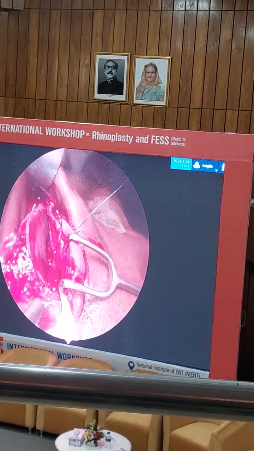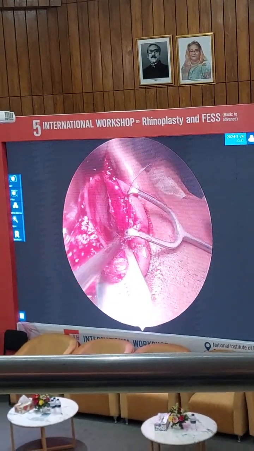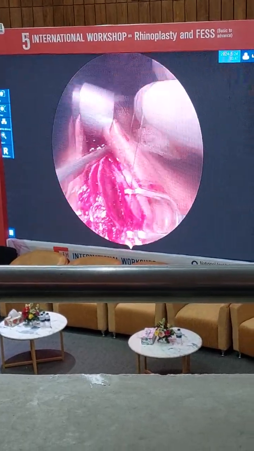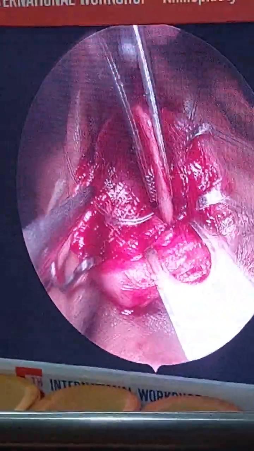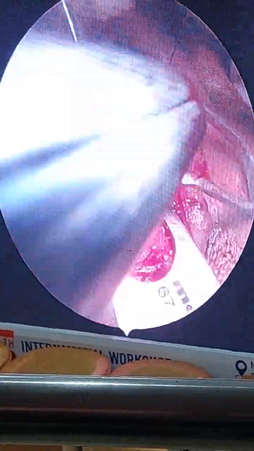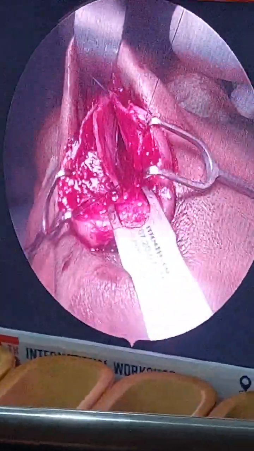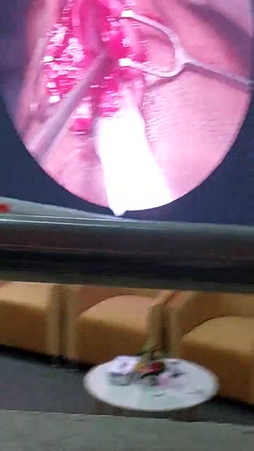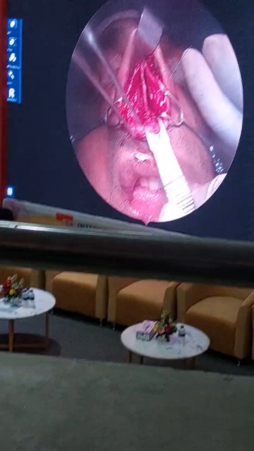With the periosteum of the anterior nasal spine, it appears in the live case with the soft tissue, but we just feel the periosteum of the anterior nasal spine and we fix with the periosteum of the anterior nasal spine. But again, the important thing: first you also check whether the anterior nasal spine is in the midline or not. Sometimes the anterior nasal spine itself is not midline. So how do you check that? Because this is the philtrum, that should be aligned straight.